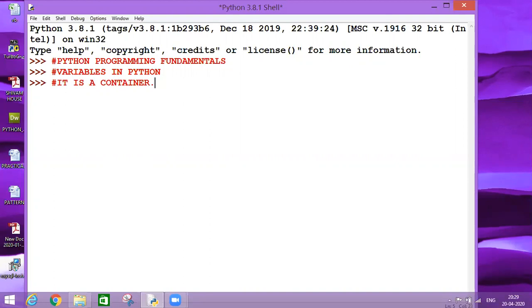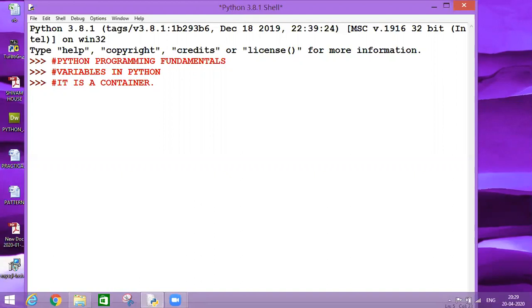Like if I explain, a chalk box is there. I can keep the chalks in it, and whenever needed, I can take out the chalk from it. So I can put the values and I can take out the values. This is the functionality of my container.